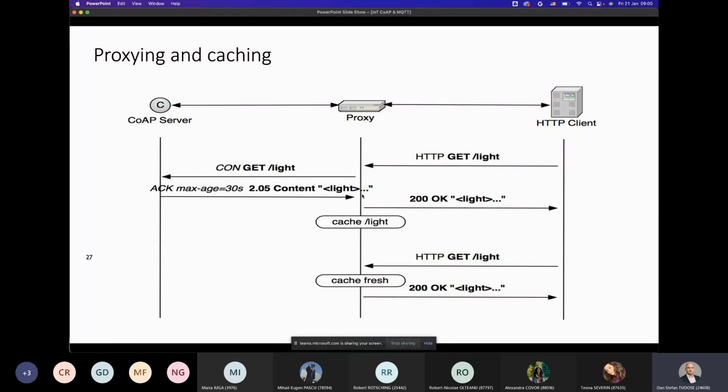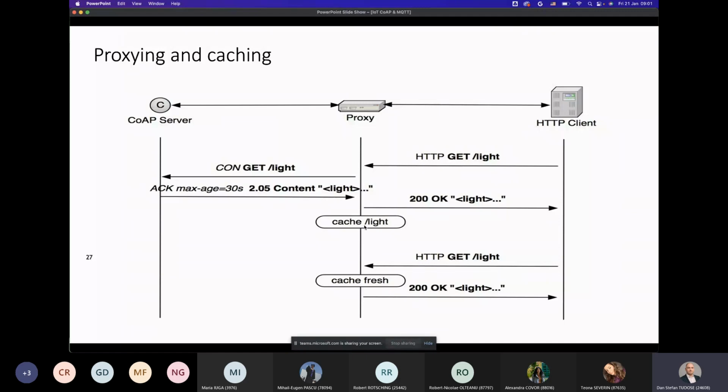So in this interaction here, the proxy will reply directly to the HTTP client with a 200 OK HTTP message containing the light value. And then whenever the HTTP client queries again the same value within this window of 30 seconds, then the proxy will not query the CoAP server anymore.